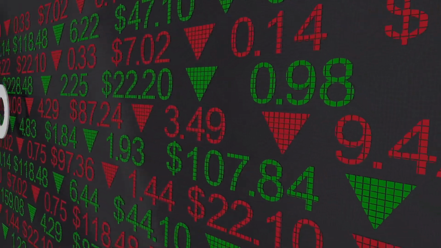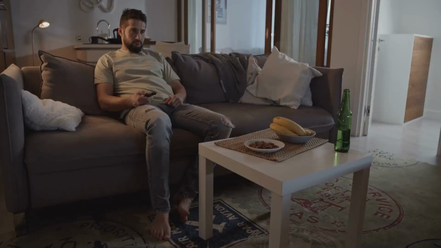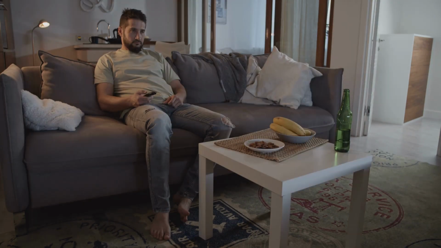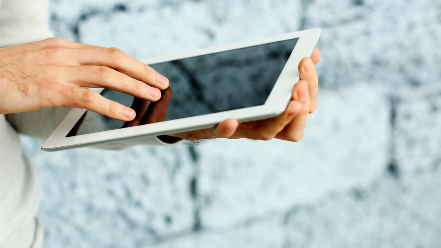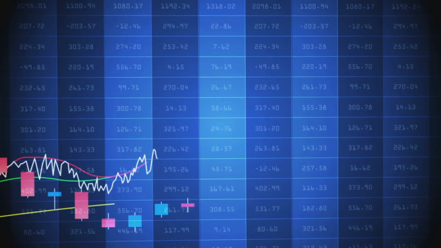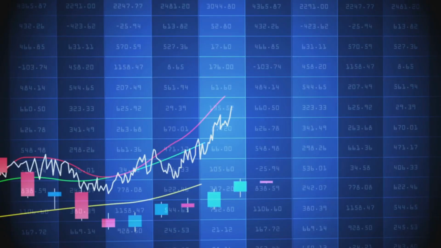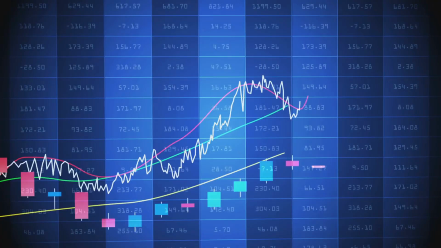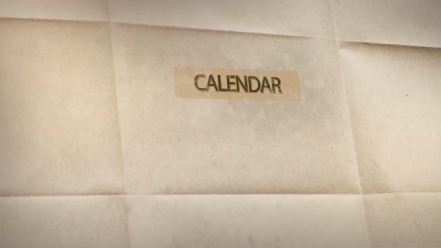Pros of dollar cost averaging. Reduces emotional investing. No more trying to time the market, which, let's face it, is harder than predicting who wins the next season of The Bachelor. Mitigates risk. By spreading your investments, you're less likely to buy at the absolute peak or sell in a panic at the bottom. Consistency is key. DCA works like a gym membership for your financial health.